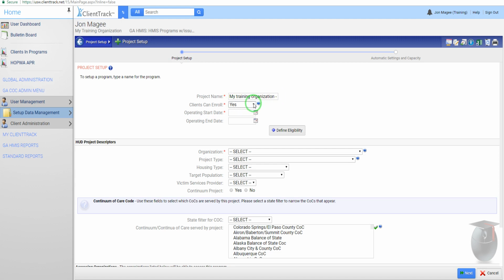Next we have clients can enroll. This would normally always be selected as yes. If you select this as no, it will not allow any end users to see this project as an option to enroll a client into. So when they're doing an intake and they get to that program enrollment screen, they will not see this project